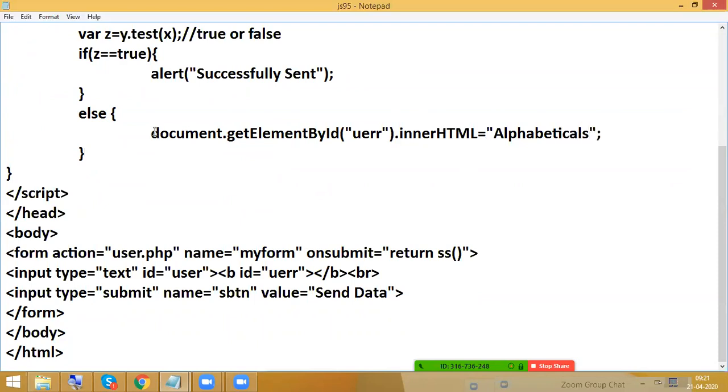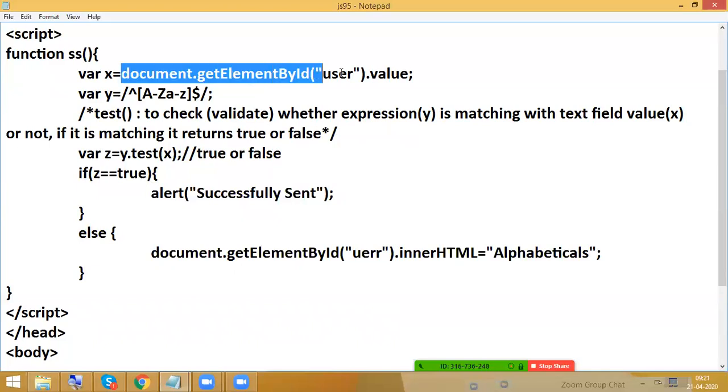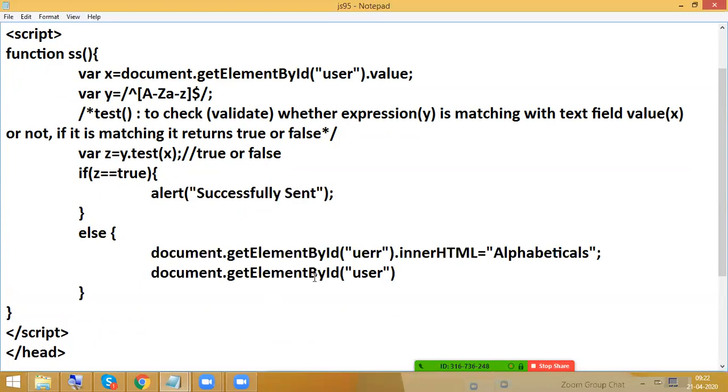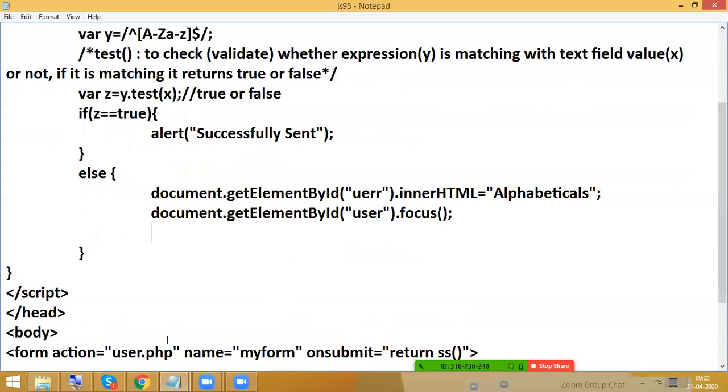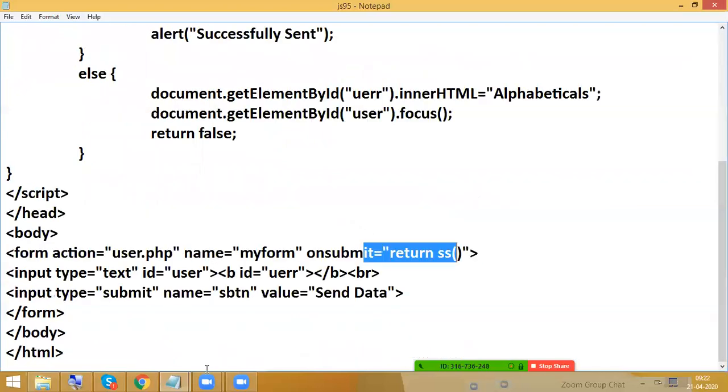Then focus. And next, to stay on the same page, after focus, it will go to action equal to user.php. We need to stop it. Return false. In any function, if you are writing a return statement, we need to write this one.